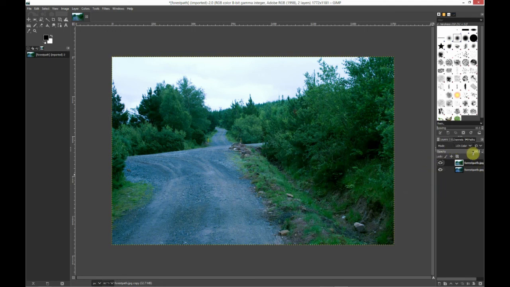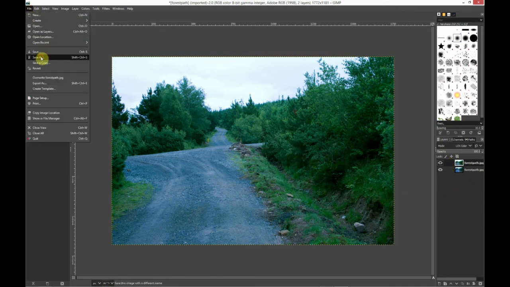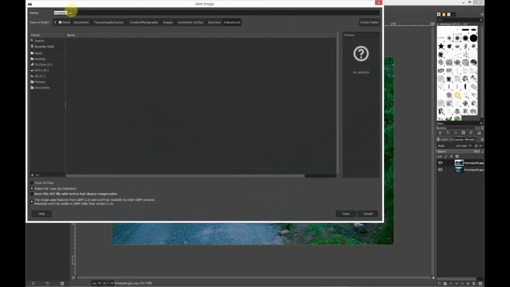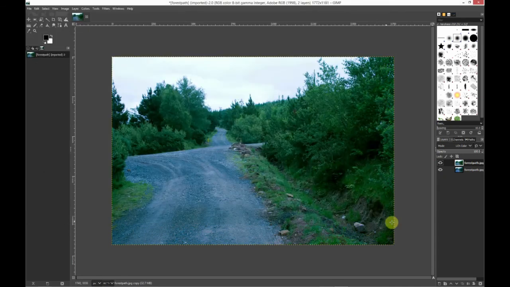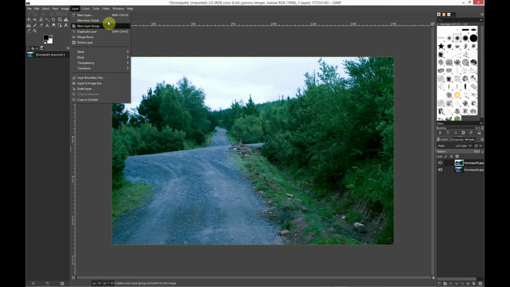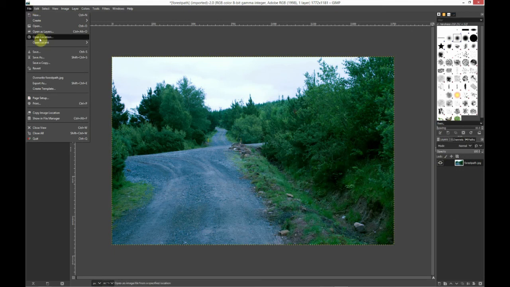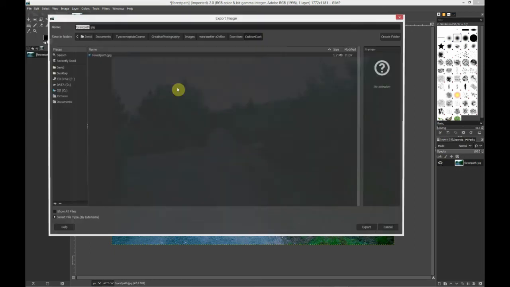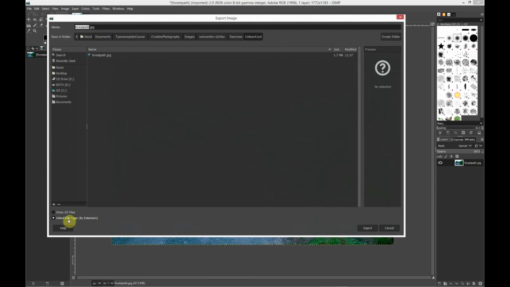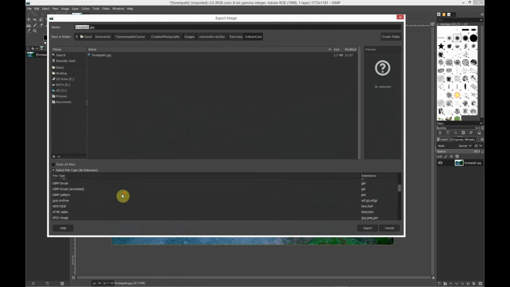So if you want to save this then as a GIMP file, or to come back to change your settings later, you can go to File and Save As, and save it as an XCF file by clicking Save here. And then if you want to save this as an image file, first we're just going to flatten this image. So I'm going to go to the Layers menu and go to Merge Down, and then come up here to File, and remember it's Export As, and we're going to choose Select File by Type down here, and then you can call it,